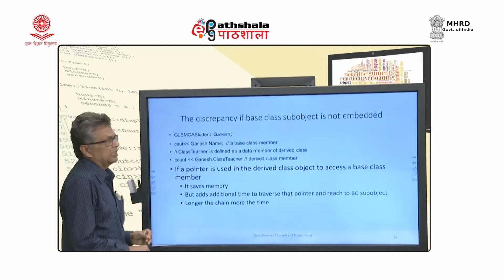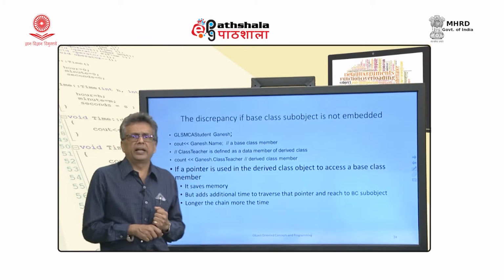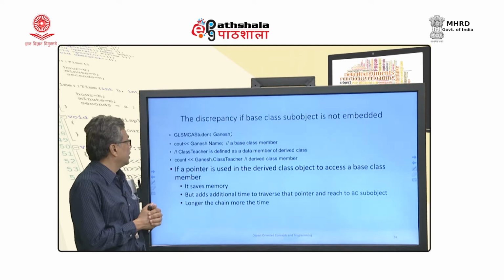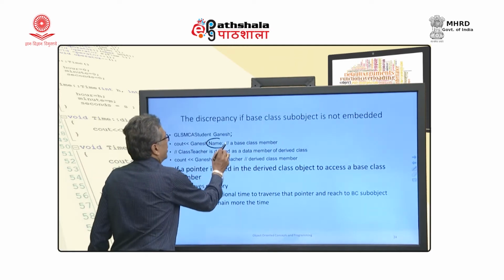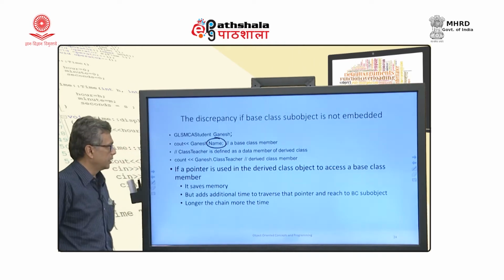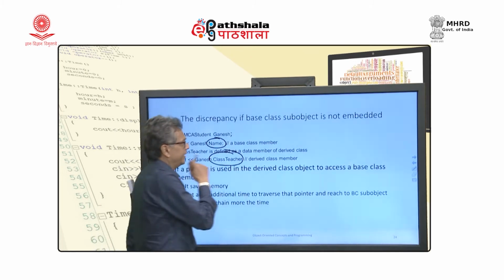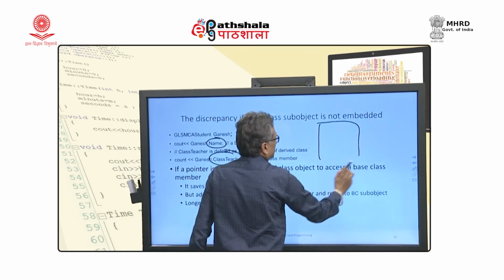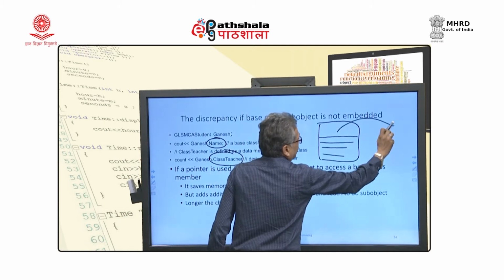The discrepancy will be there. Let me give a simple example. I have a GLS MCA student case, where there is something which is a member of the base class, name, and there is something which is class teacher, which is a derived class member. If I have a derived class like this, I have derived class members one after the other, and there is a pointer to the base class.